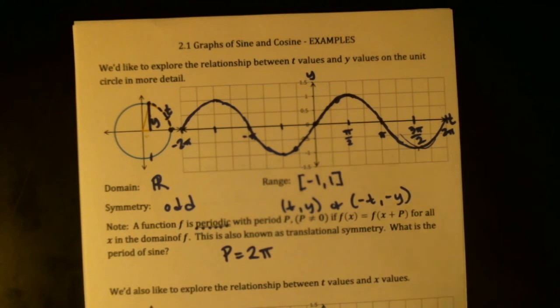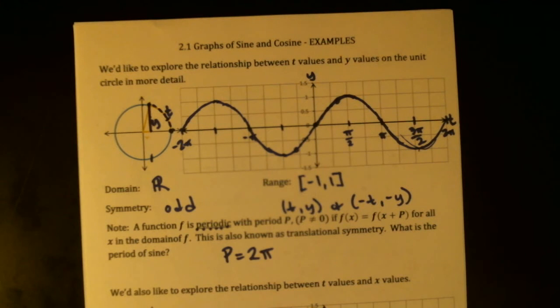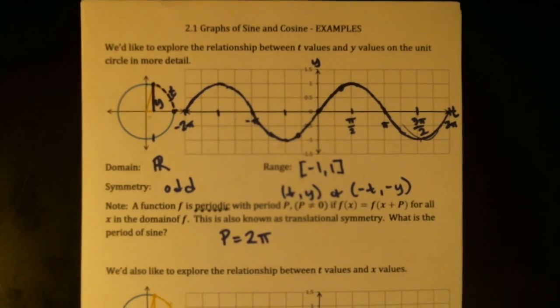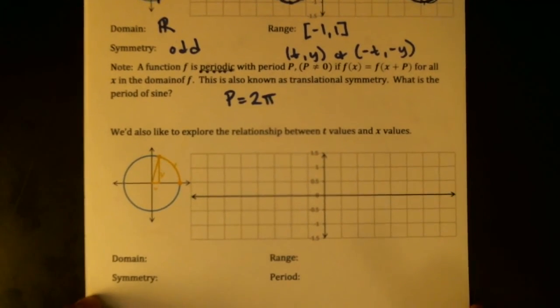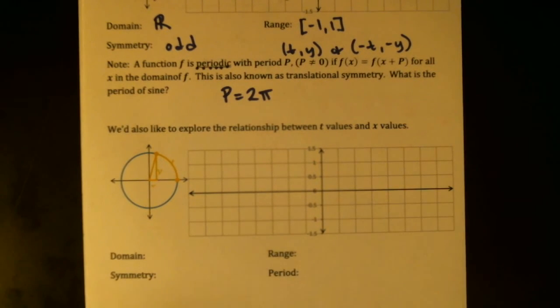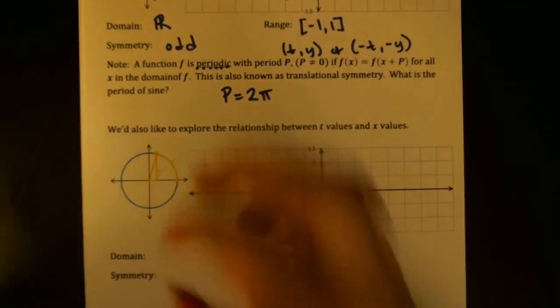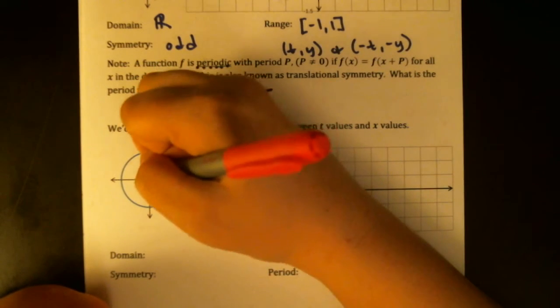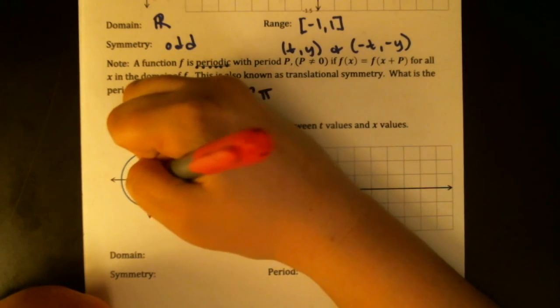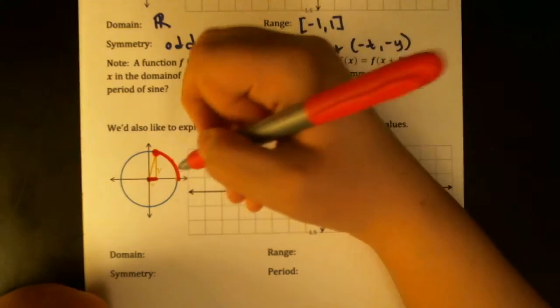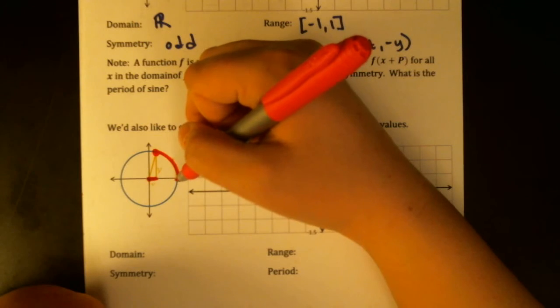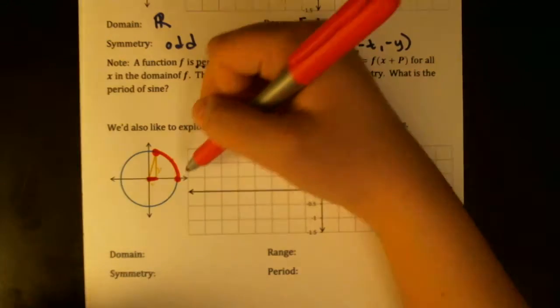Okay, so again, part of this is committing to memory what this graph looks like, but that shouldn't be tons and tons of memorizing points. It should be using the unit circle and having an idea of what you're expecting the graph to end up looking like. The other one that we're going to work on in this section is cosine. So this one's slightly harder, I think, to picture because we need to imagine our x value in relation to our t value. So as we start here at 0,